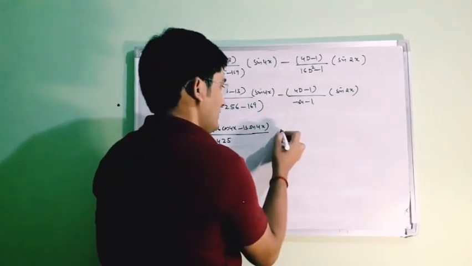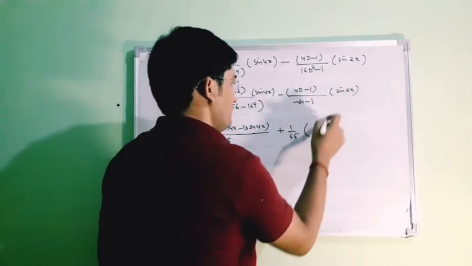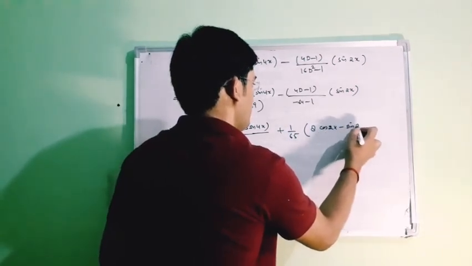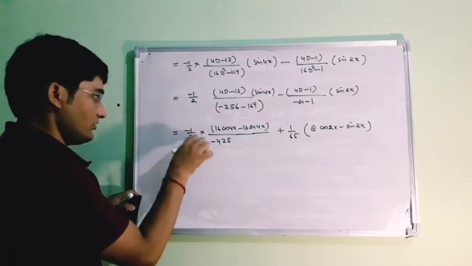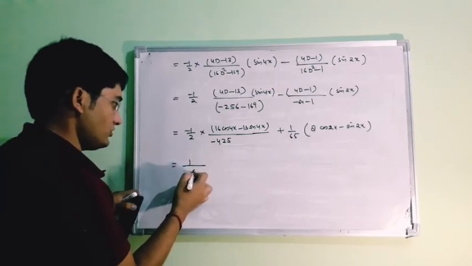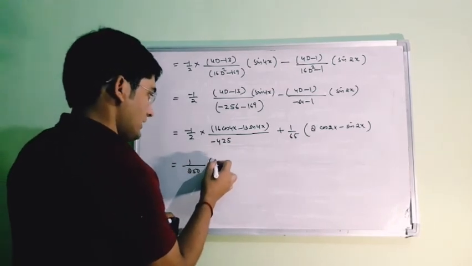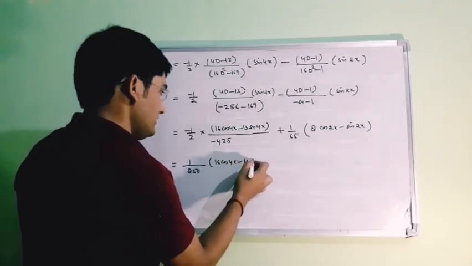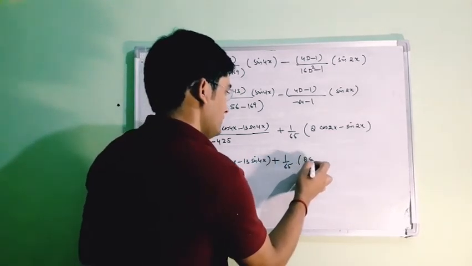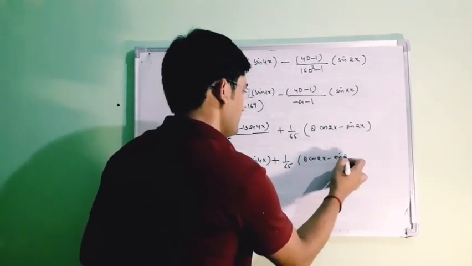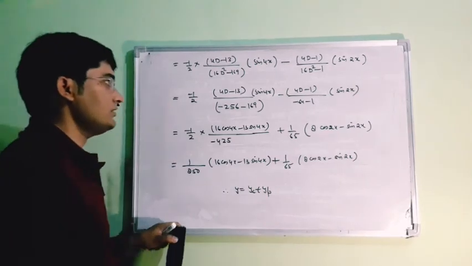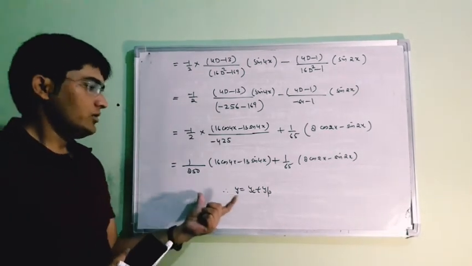And here we have 65, and the differentiation of sine 2x will be 2 cos 2x, so 4D minus 1 gives 8 cos 2x minus sine 2x. So if you simplify this term, this minus and this minus cancel out. So we have 1 by 850 times (16 cos 4x minus 13 sine 4x) plus 1 by 65 times (8 cos 2x minus sine 2x). So your solution will be y equal to yc plus yp, where yp is the particular integral. So this is the solution of